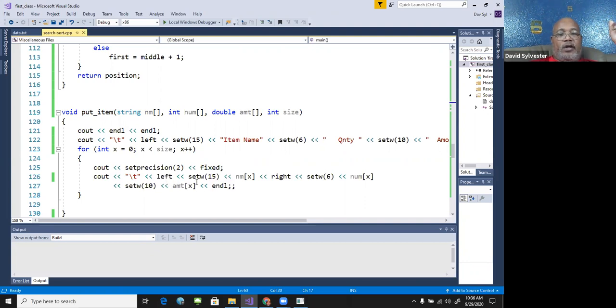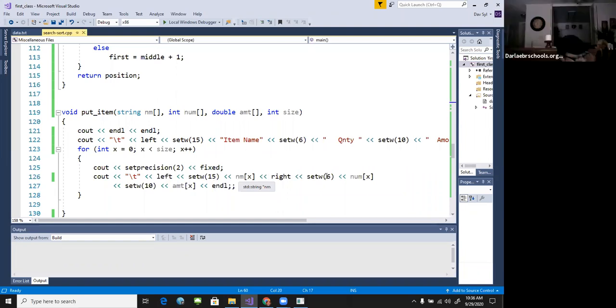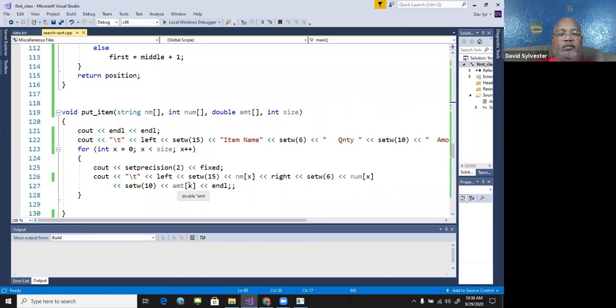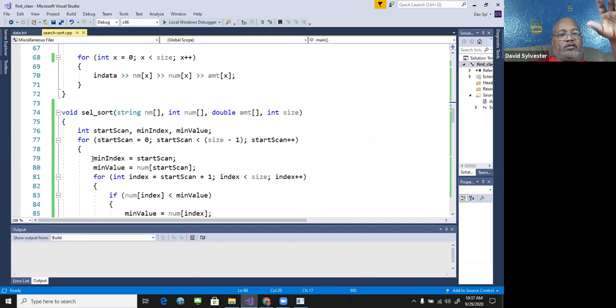So now set W15, I'm outputting the string array sub-0, and then the int array sub-0, and the double array sub-0. It goes back to the same thing, sub-1, sub-1, sub-1. Next time through, sub-2, sub-2, sub-2, until it gets to 10 and it kicks out and returns back to